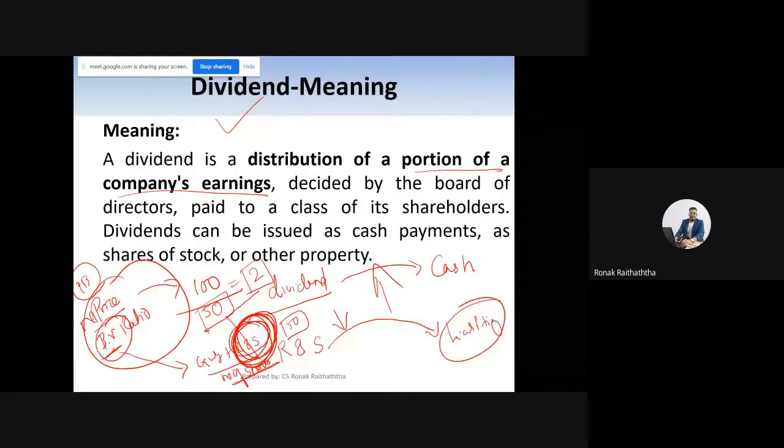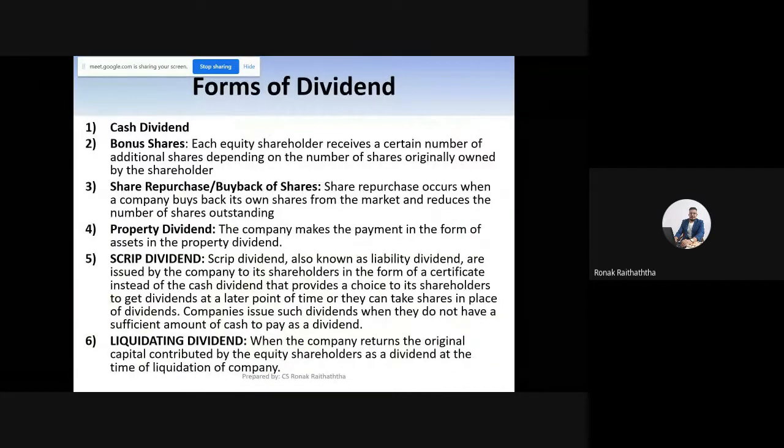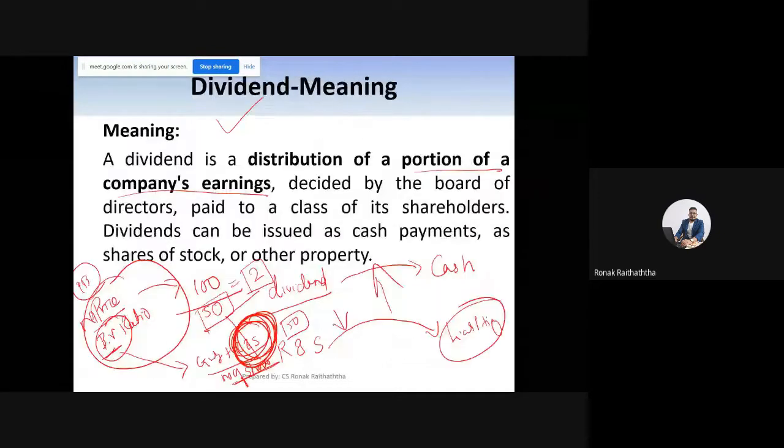That problem was identified by various financial experts, and they built certain models. Some are very primitive models, very easy to understand, but some of the models were very advanced, developed by researching thousands of companies. So from there, the dividend decision starts. The first decision a company will have to take is whether to pay the dividend or not.